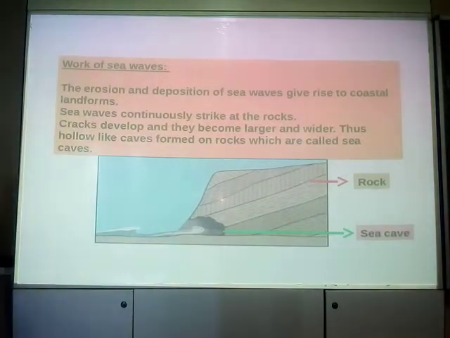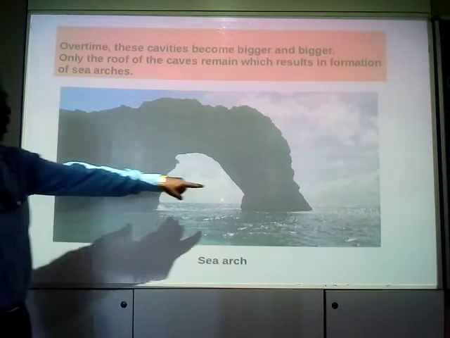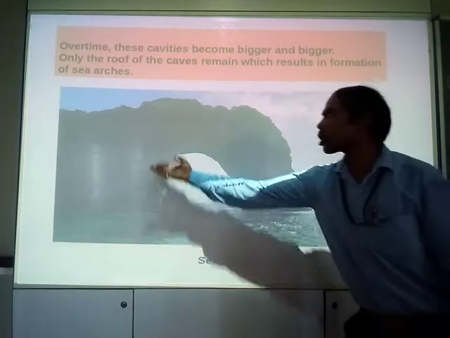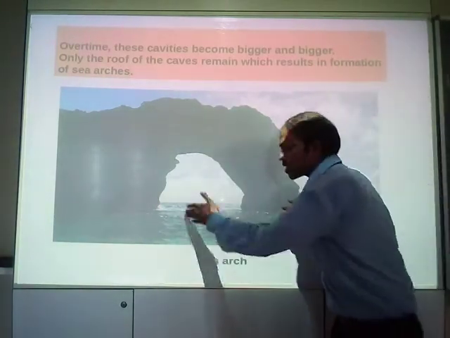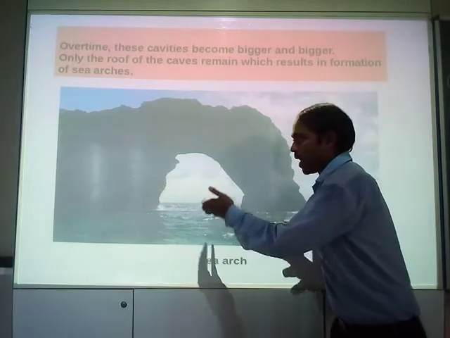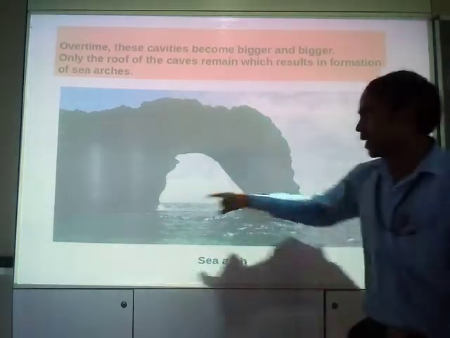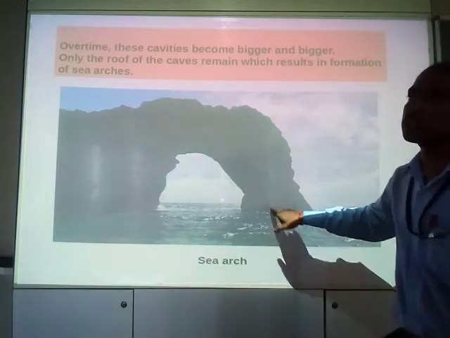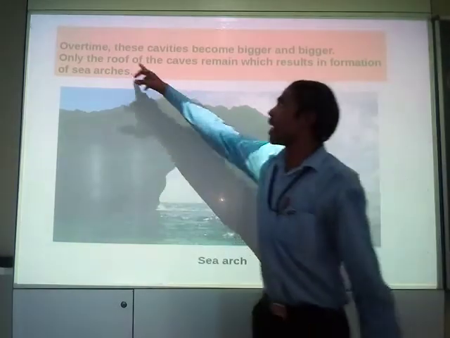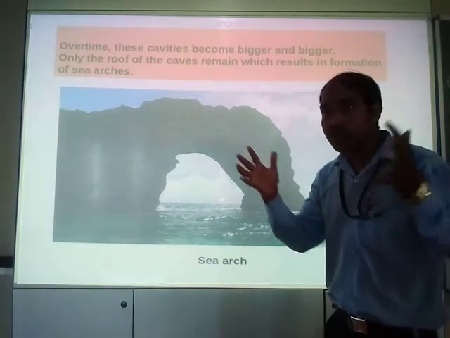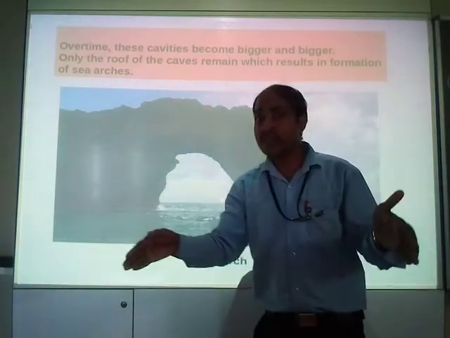So we get another structure, like this. See, it was a big rock. Time and again the sea waves strike and take away all the wall part, right? So over time, the cavities formed in the form of caves